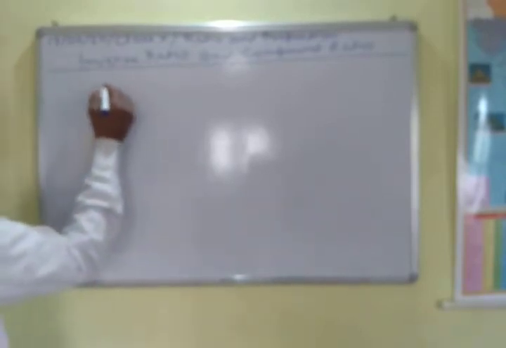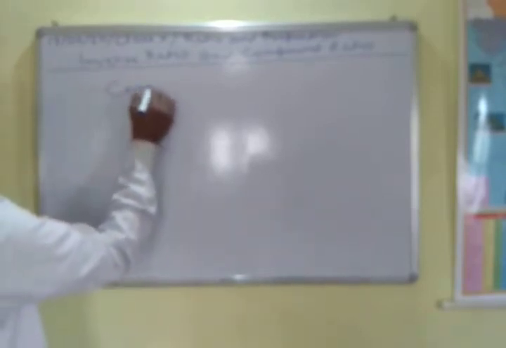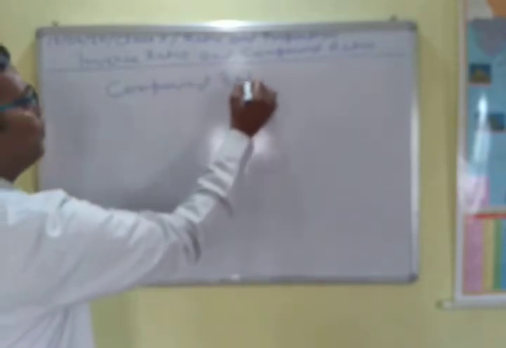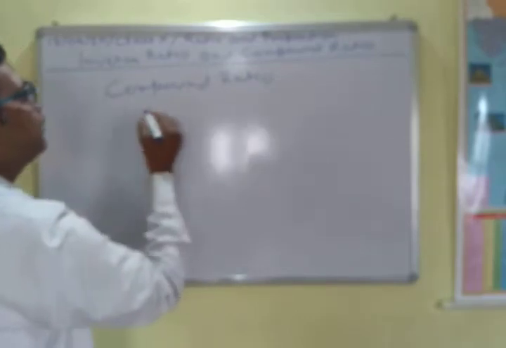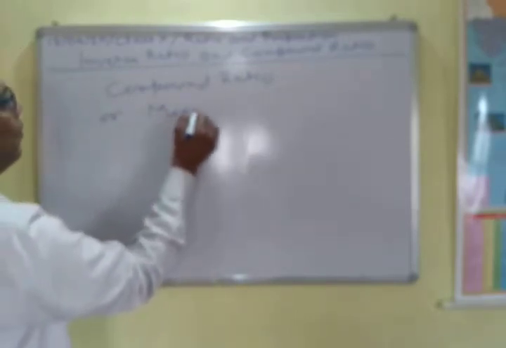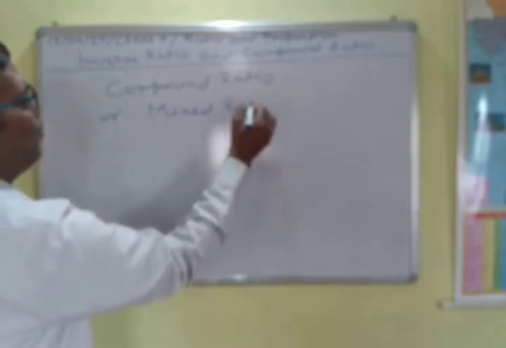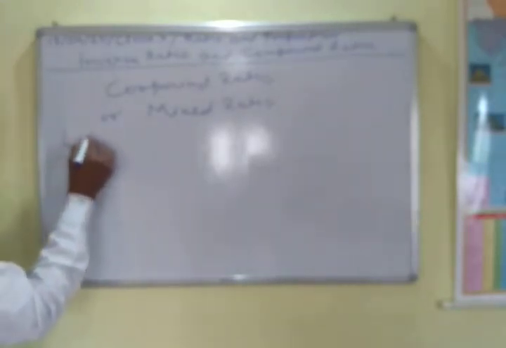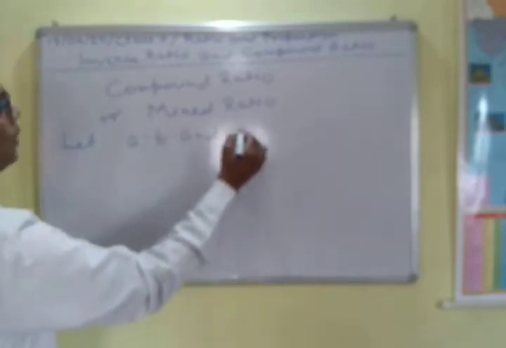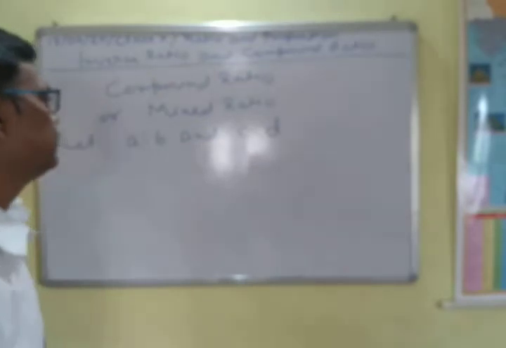So in the compound ratio, this is also called the mixed ratio. In this case, suppose you are given two ratios, A is to B and C is to D are the two ratios. And then the compound